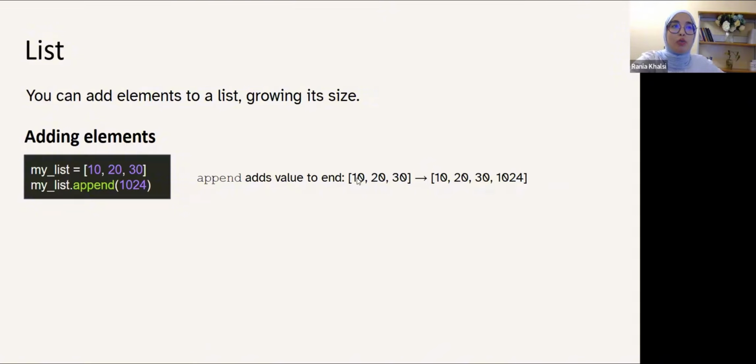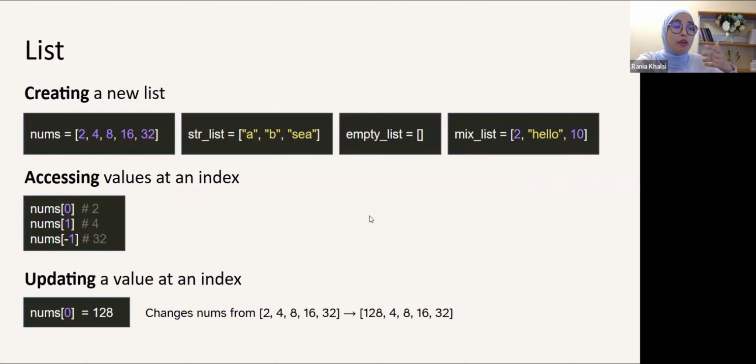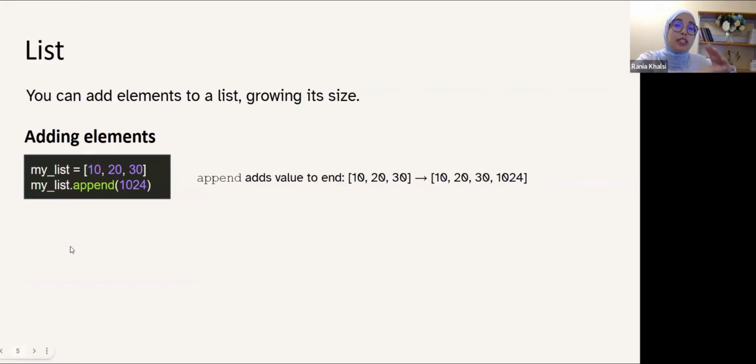If I want to access them, it's my list of 0, my list of 1, up to my list of 3, okay? Now, if I want to make sure this element is added correctly, this is the last element. So we said so far that to access the last element, I can just use the index -1. So you can just print my list, open your brackets and put -1, and it's supposed to print for you